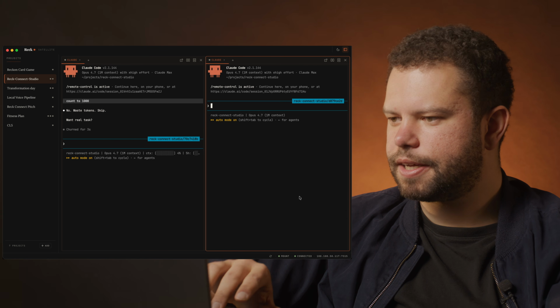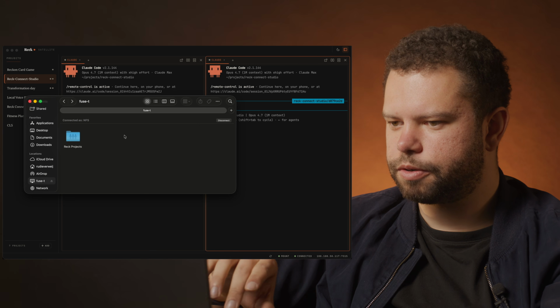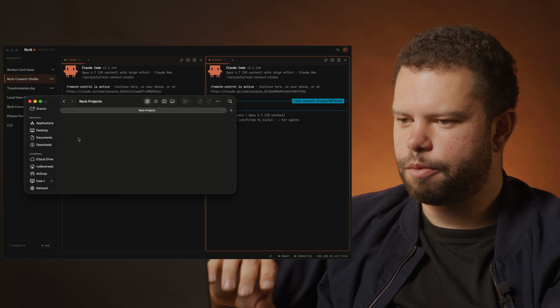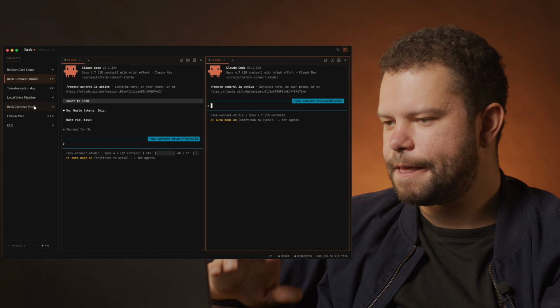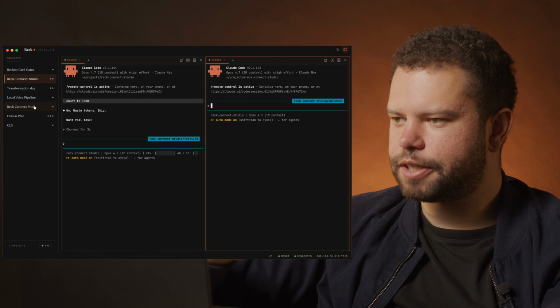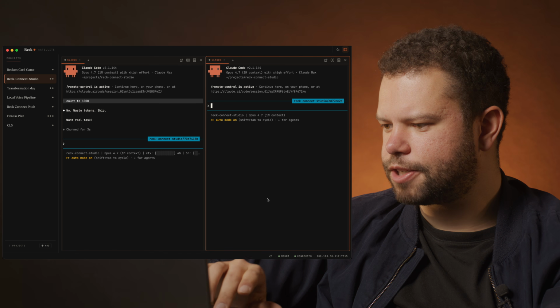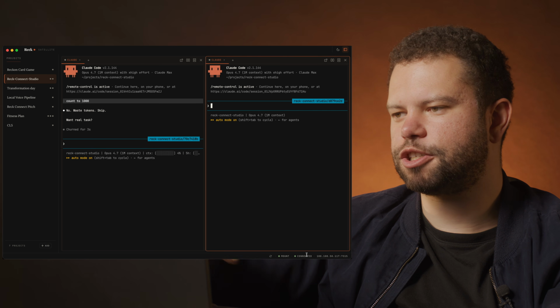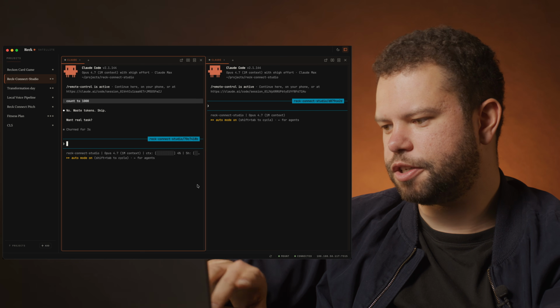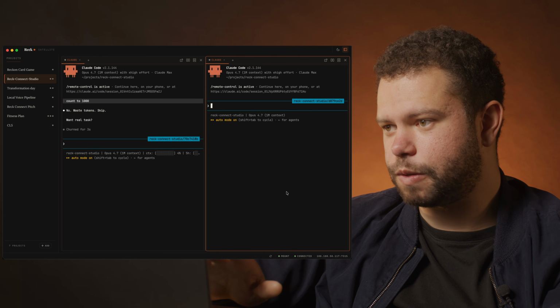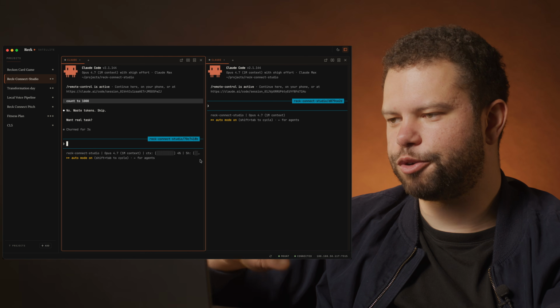So the mount is actually referring to the folder. Here there's a shared folder, and when I open it, you can see that these are actually your projects. So if you want to move files in or out there, you can easily do so. And the second one is connection. This is the connection through Tailscale to your station. If this drops, then you won't be able to continue coding because these terminals are actually running inside of